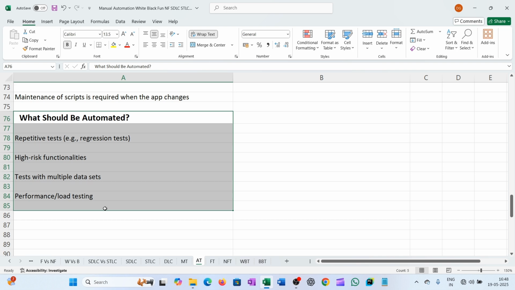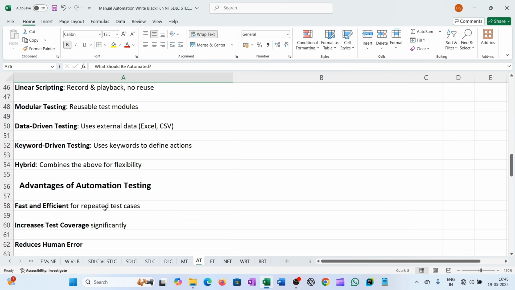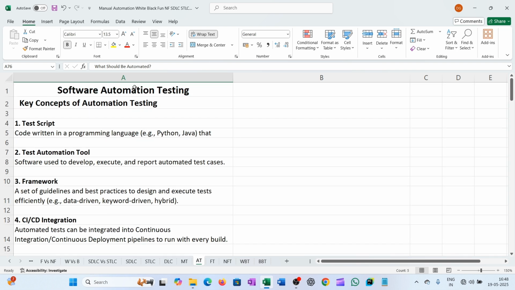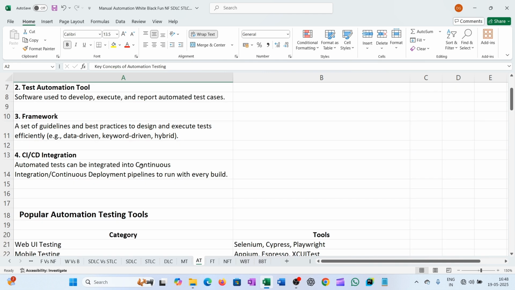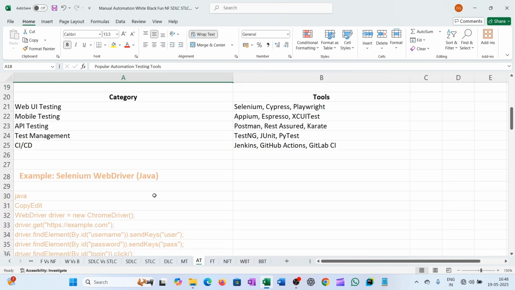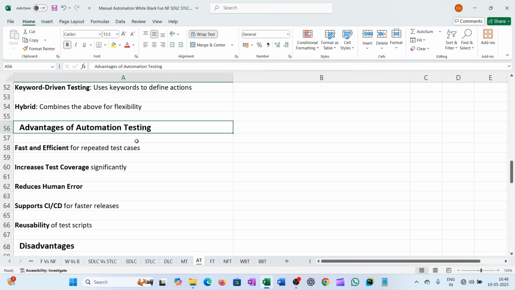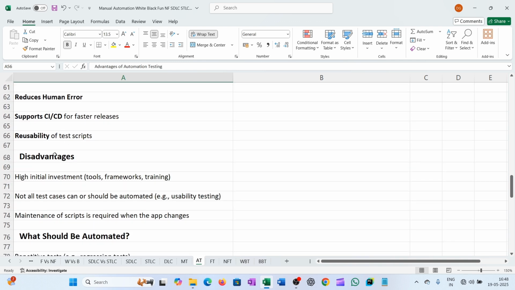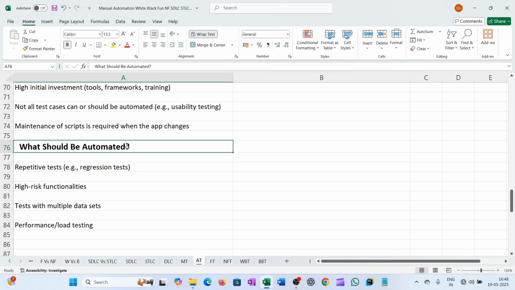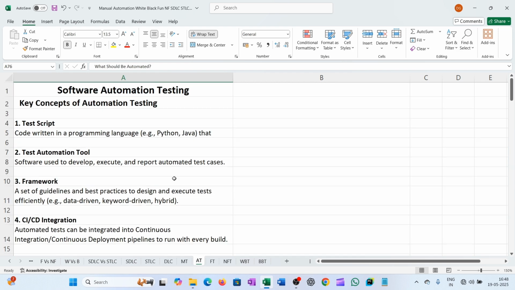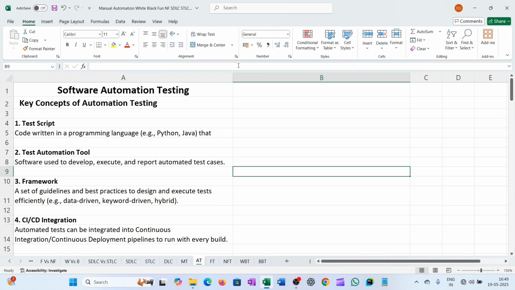So in this video we saw what software automation testing is, key concepts of automation testing, popular automation testing tools, common framework types, and the advantages and disadvantages of automation testing. Mainly, automation testing has many advantages, like being very fast and efficient for repetitive tests, but if you do it manually you require more time; it is slow and less efficient. So automation testing has more